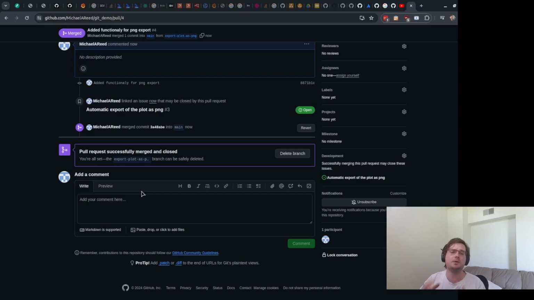But if you imagine this is a bit more of a complicated thing, keeping this isolated as its own branch and then merging it only back in when it's finished and complete and tested is a very, very useful thing to make sure that the code that you're sharing between other people, the code that you deploy to your website or whatever it is, is always working, but still gives you the freedom to do lots of crazy things when you're developing new features and break everything without compromising the main branch of your code.